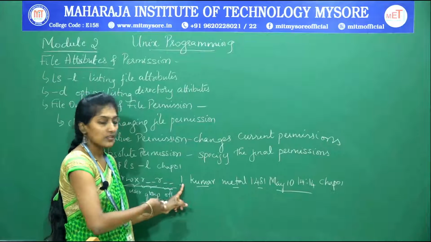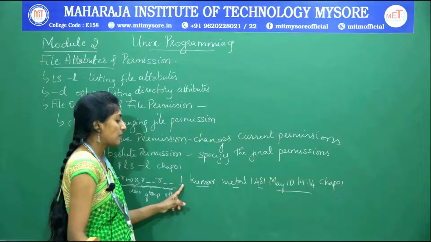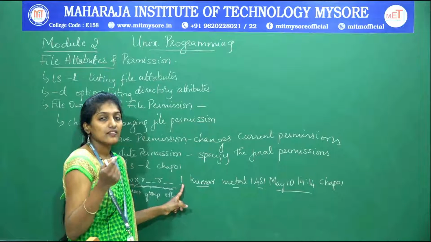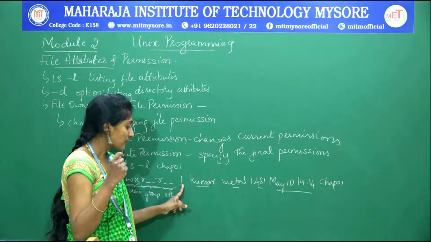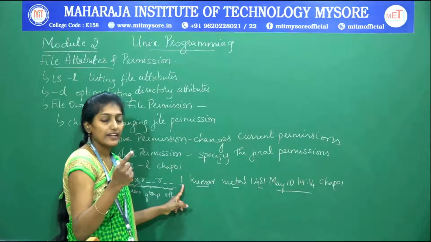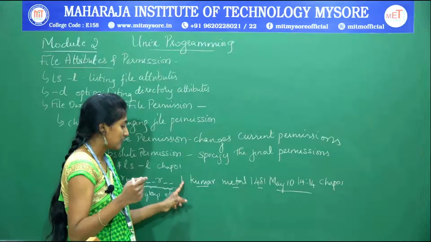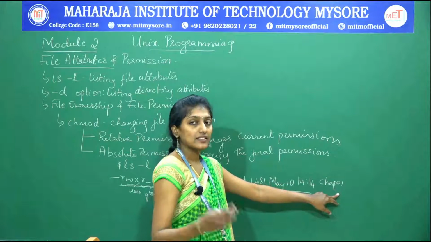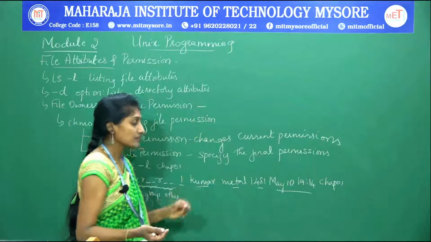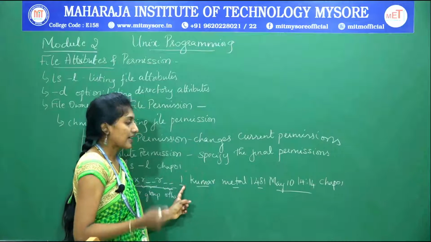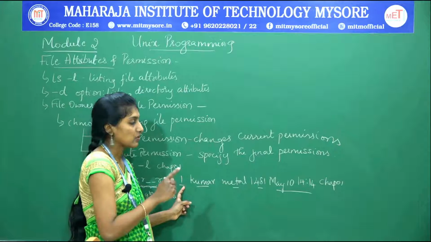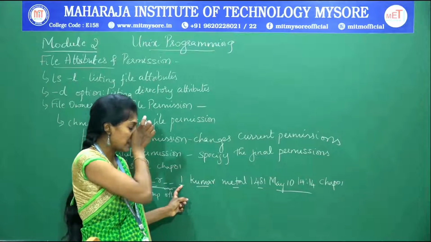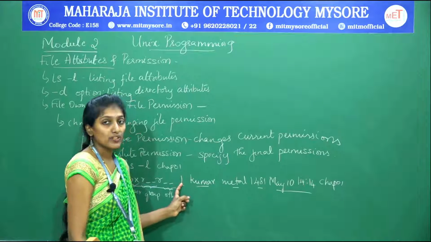The next column displays the link count associated with that particular file, that is, the number of links associated with the file chapter 1. It shows whether a link has been provided for the same file chapter 1 or not. If it is more than 1, it means the same file has another name, and the link number is more than 1.